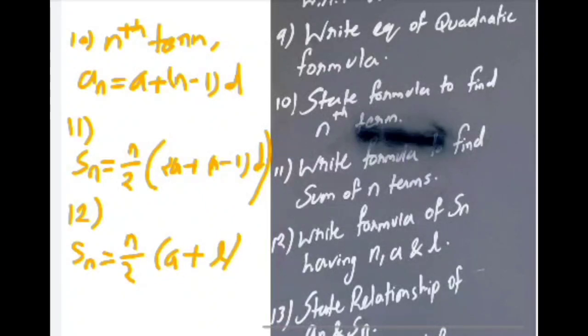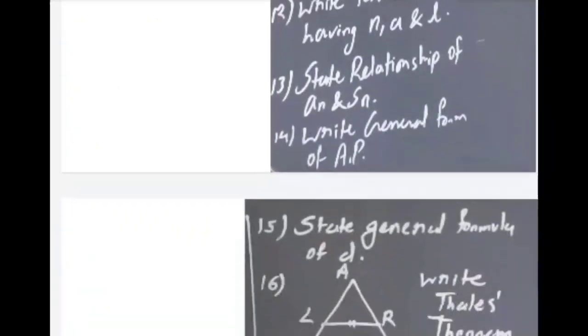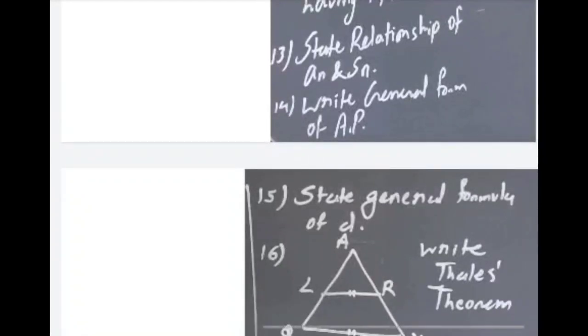Okay, then let's see the next one. State relationship of an and Sn. So that relationship is very important. Okay, an is equal to Sn minus Sn minus 1. Okay, then 14th one,